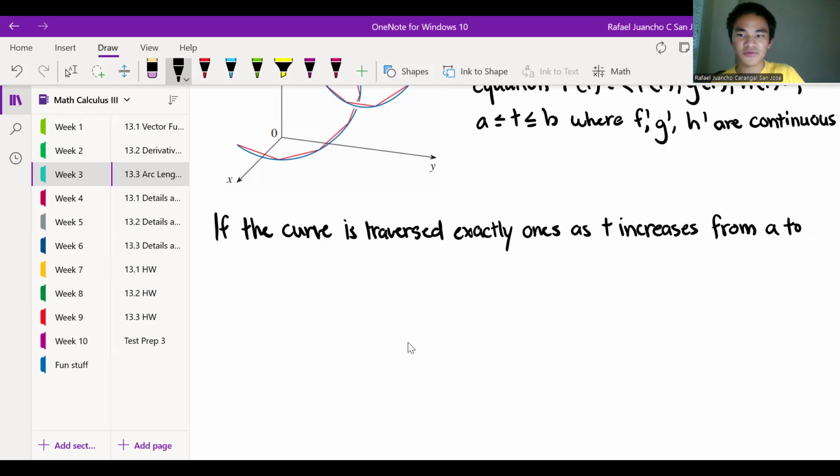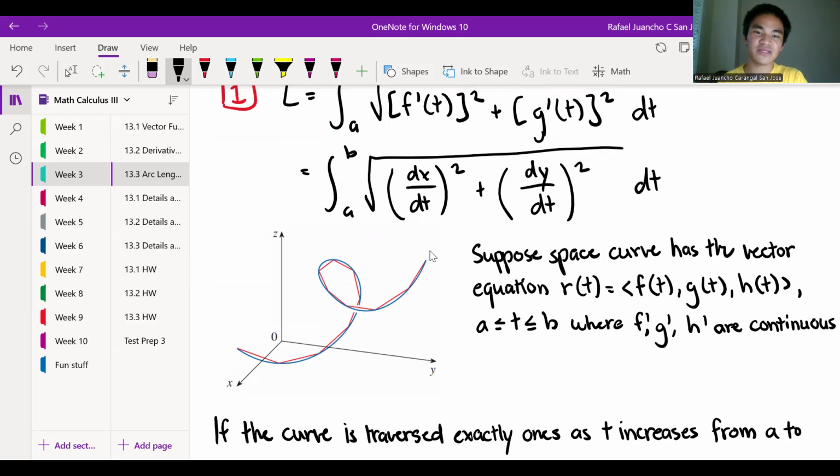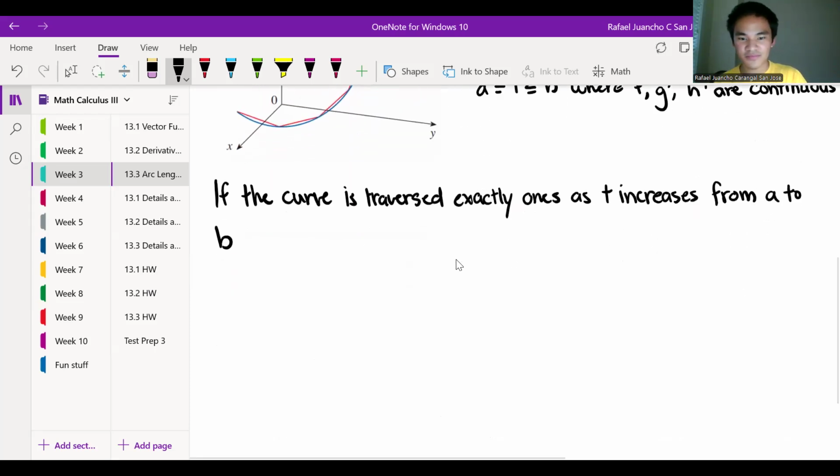Usually when we're doing an integral, the b is the upper boundary, so usually b is bigger than a. But based on my experience from my previous Calculus 2 course, that's not necessarily the case. But we'll not get into that. If we get into that, I'll probably explain it, but not now. Then it can be shown, then its length